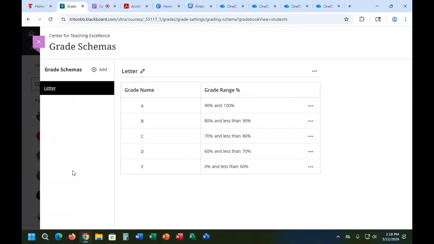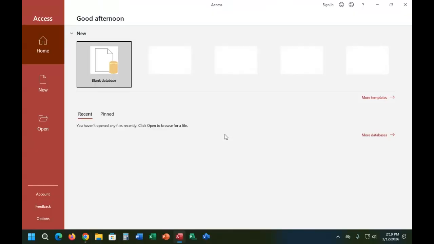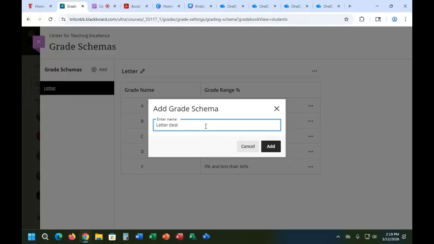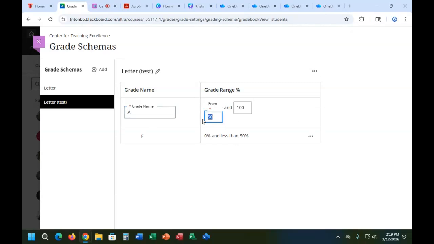To add the more rigid grading scale, you would just do add grade schema. So it starts you with A through F, and you're basically going to be putting all the stuff in between. So first we're going to start with, let's say, 93,